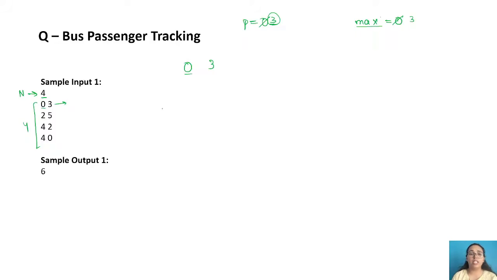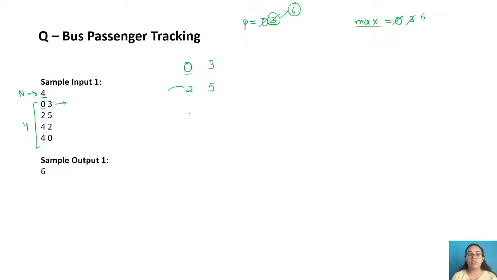In the second loop, at the new stop with 2 and 5, 2 passengers get off, so 3 minus 2 makes 1, and 1 plus 5 makes 6. Now there are 6 passengers in the bus, and since earlier we had 3, the maximum can be updated to 6.